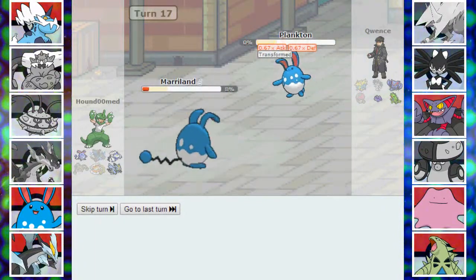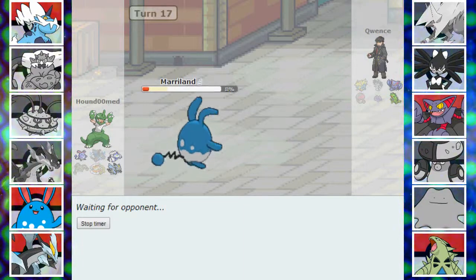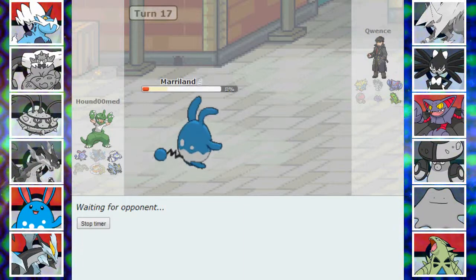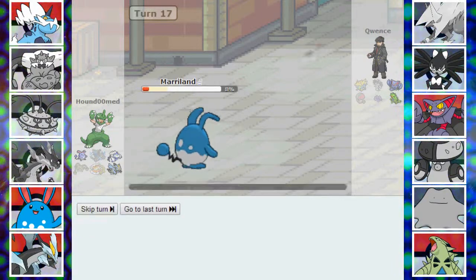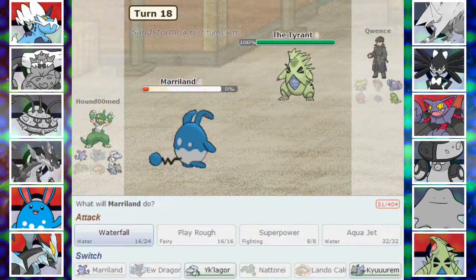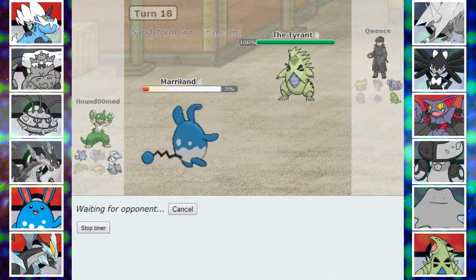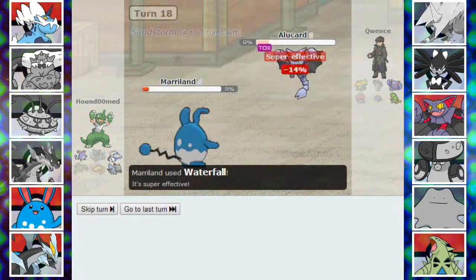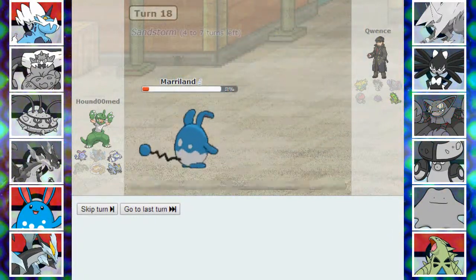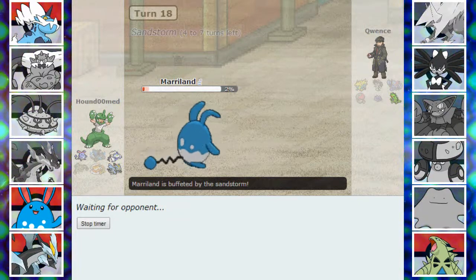So yeah, he's worn me down enough to the point where I can be taken down by whatever he wants to switch in, which is fine. I don't really mind. The sand is obviously going to come up, which is annoying. The annoying thing is that, so he's sacking the Gliscor, why? Why is he sacking the Gliscor? Surely the Gliscor would be better. Although I guess it doesn't...